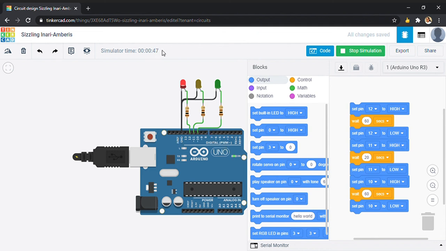So we are really close. 10 more seconds. Yeah, 10 more seconds and we will see the shift to yellow. So 5, 4, 3, 2, 1, and yeah, there you go. The yellow lights up and the red is off. And in 20 seconds, it will shift to green. So that's all for the Traffic Light Simulator.